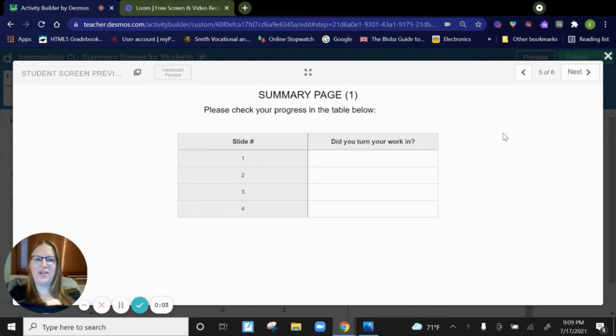All right, this video is going to go over how to make a summary page in two different ways. So the first way that we're going to look at making a summary page is one that says, like, did you turn your work in? And it gives you a check mark if you did or an X if you didn't. It won't tell the student if it's right or wrong. It's just like, did you turn it in? Was there something there? All right. And then the